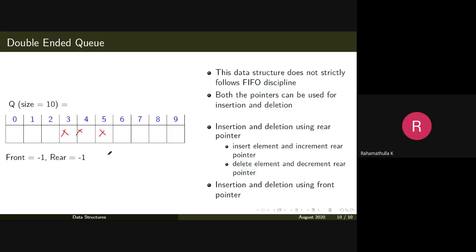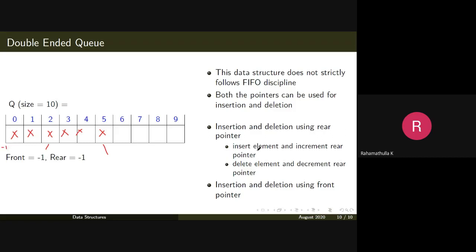Let's say your rear pointer is pointing here and your front pointer is pointing here. Now you ask an insert operation at front, then you can insert at this place. Insert one more element, you insert it here, then your front will be decremented.